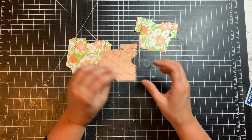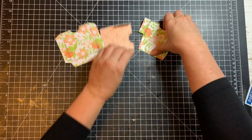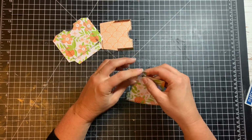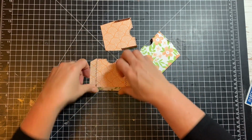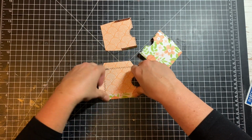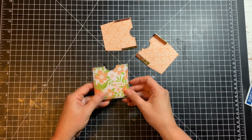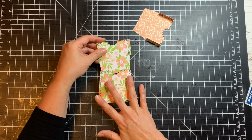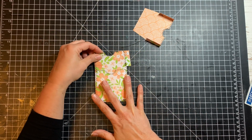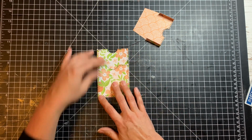So now what I'm going to do is fold on all of my score lines. I'm going to fold these two in for my stacking pockets, and then I'm going to fold in my three sides on my bottom, the base pocket. So now things are really starting to come together. We have to have a place to start gluing these down. So this is kind of how it's going to work, and it's going to be this cute little stacking pocket